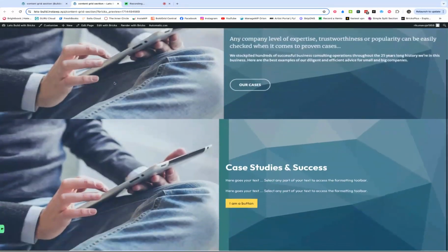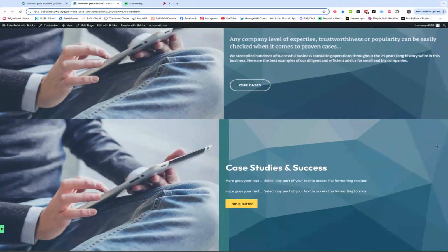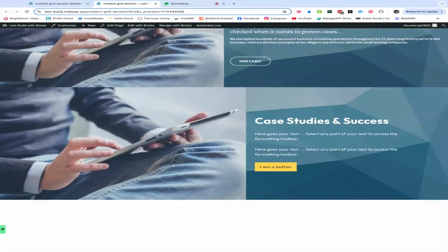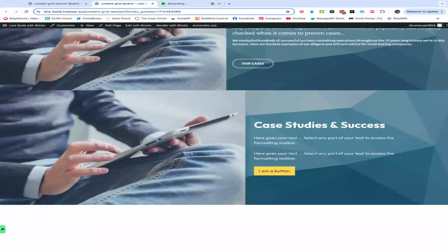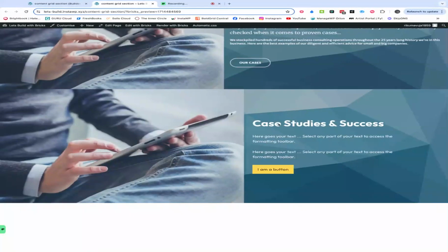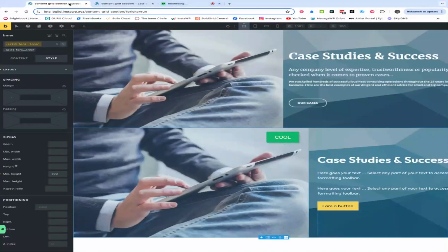Let's look on the front end. This is where we're coming against the problem. It looks okay on smaller sizes, I'm guessing. Yep, everything seems to work on smaller sizes. But as soon as we get larger, we're losing the background. So let's see if we can make that fit